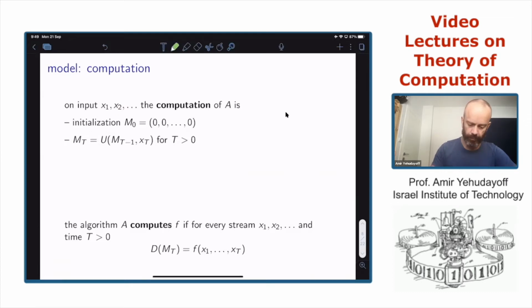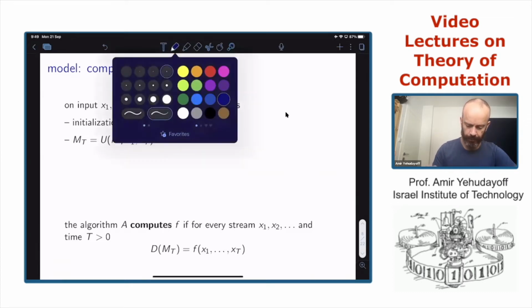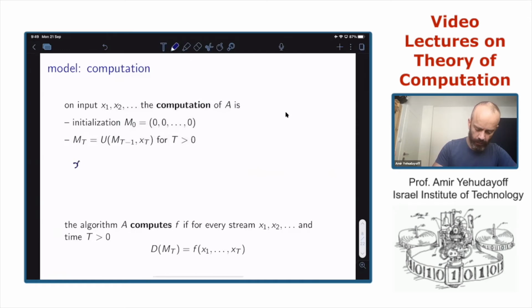Let's write it down. We have the stream X1, X2, X3, X4, and so forth. At every point in time, there is the state of the memory. The state in the beginning is denoted by M0, which is assumed to be the all-zero string of length n.